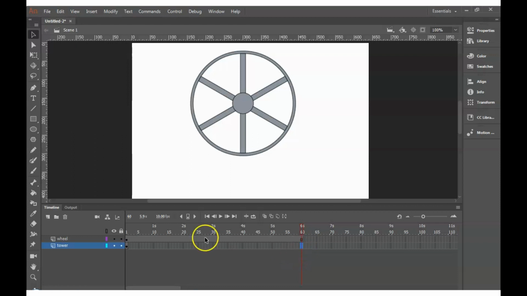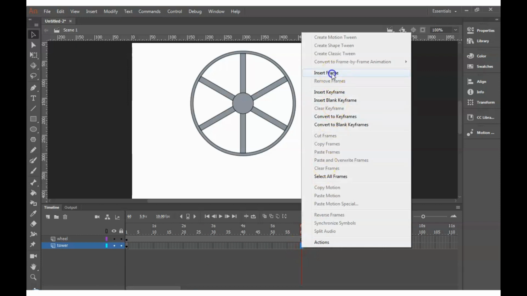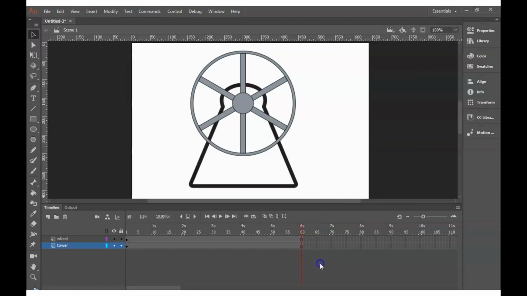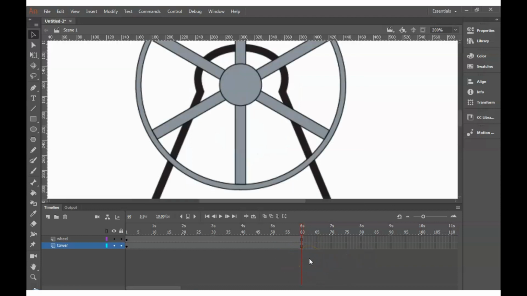So if you want the tower to appear all the way until the 6 seconds, you can just right click at the 60th frame here and insert frame. Insert frame will just insert a blank frame, meaning that it will just copy the object at the first frame until the 60th frame. So that's why here it appears like a blank square there. Alright, okay, so